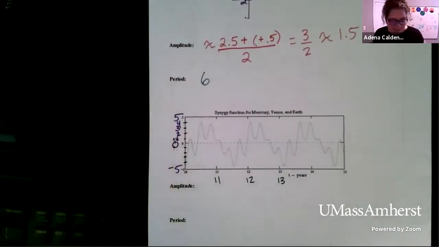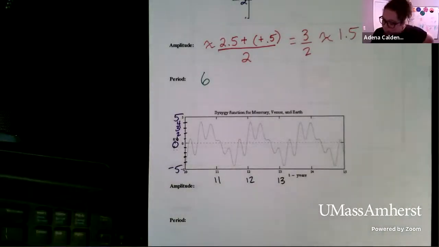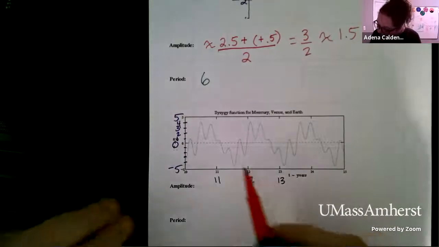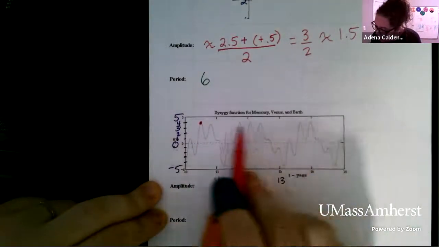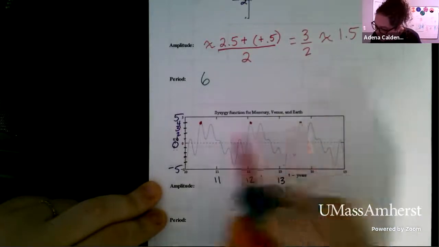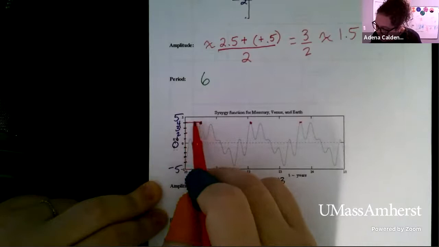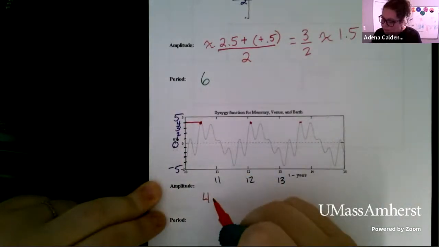This one's a little more scattered. It's a little bit harder to see that it's a periodic function, and it's harder to see in general because it's printed so lightly. But again, for the amplitude, we're trying to figure out the maximum value. So looking at the picture, the maximum value kind of happens at one of these 3 peaks, right? They're all the same. So we're approximating what the value is there for that max. So I called that 4.